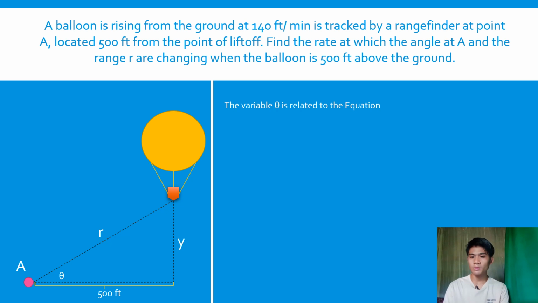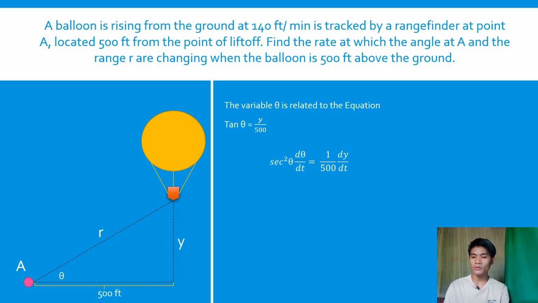So we have the variable theta in the equation tangent theta is equal to y over 500, since tangent is opposite over adjacent. The angle theta has y as the opposite and the 500 feet as its adjacent side. So we have y all over 500, and by implicit differentiation we came up with secant squared theta times the rate of change of theta with respect to time